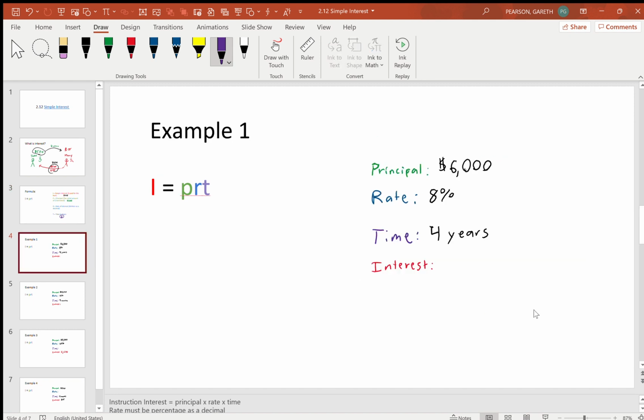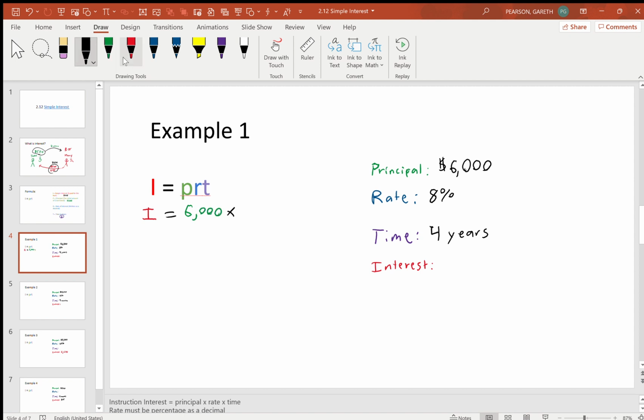So let's say you have this example given to you. I equals PRT, your principal is $6,000, your rate's 8%, your time is 4 years, find the interest. Okay, well, I'm going to start by filling in my equation. Interest equals P, which is going to be 6,000,